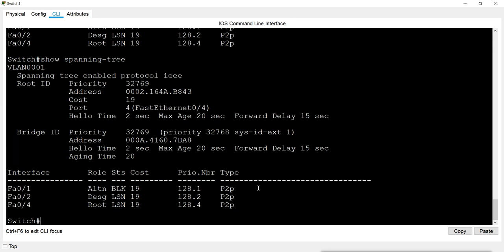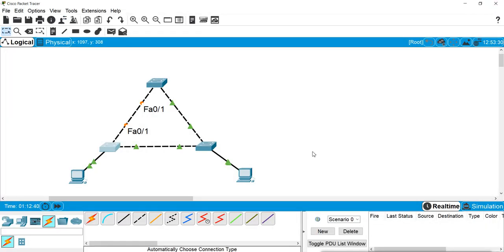Then it goes to the learning state, and then it will go to the forwarding state. So this is what spanning tree does, and it blocks the loop ports.